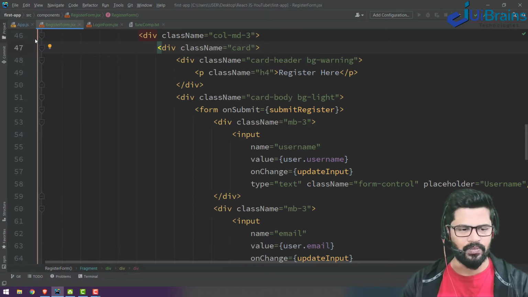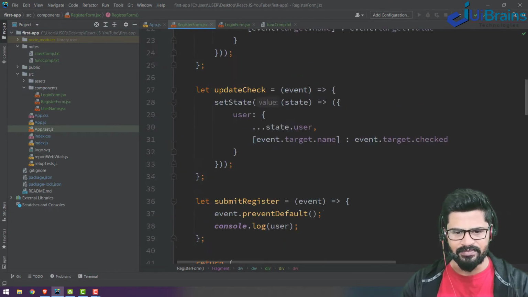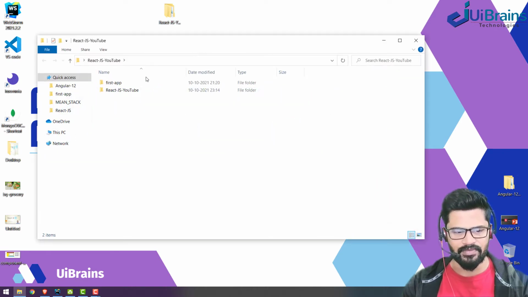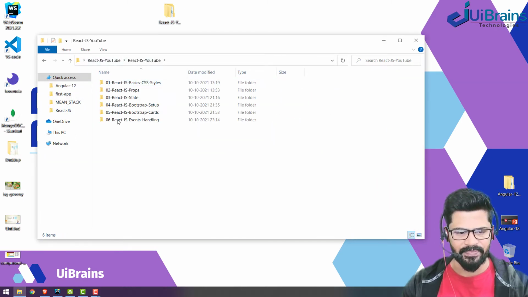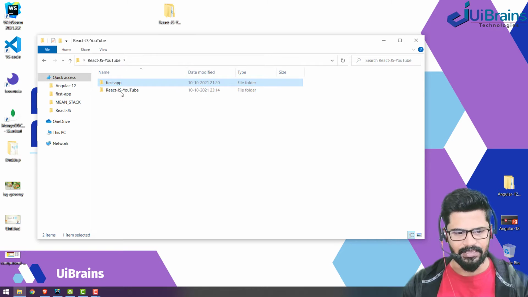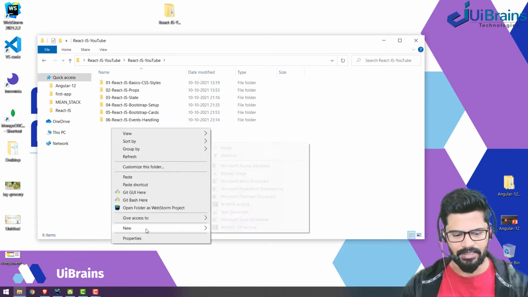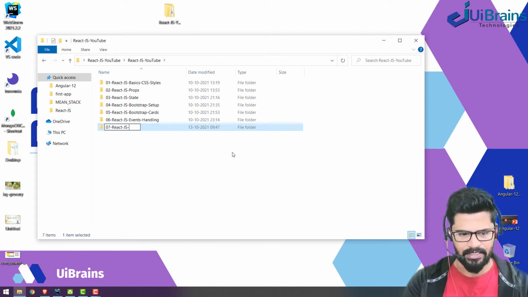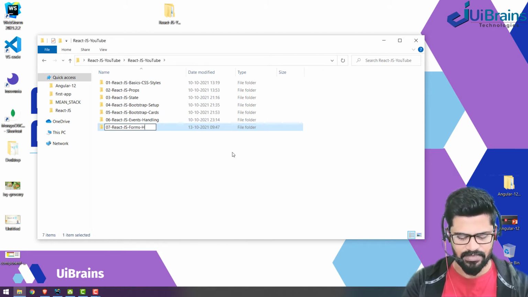First of all, I will take a backup of this existing content. I'll go to our workspace, go to the first tab, and copy everything except node modules and idea. And in YouTube, I create a new folder for 07-React.js forms handling.